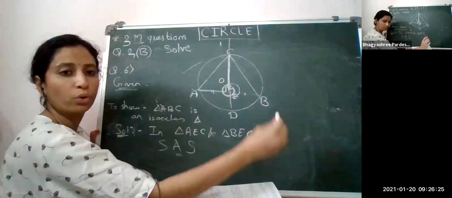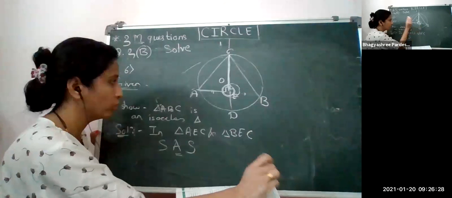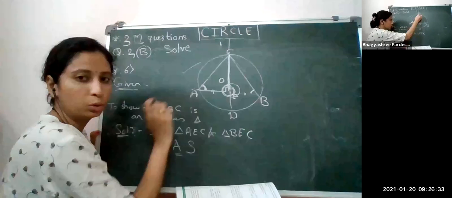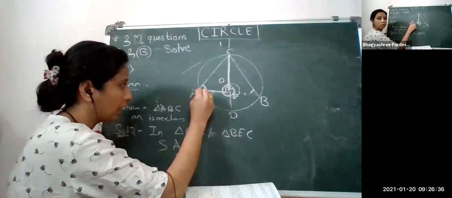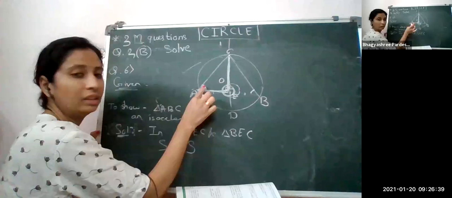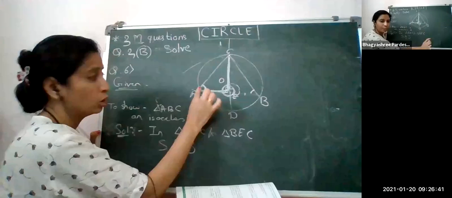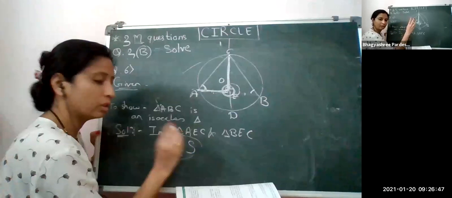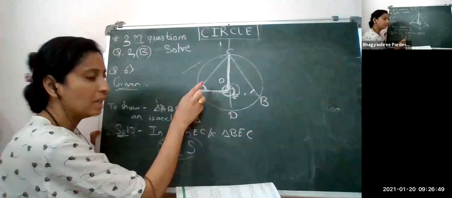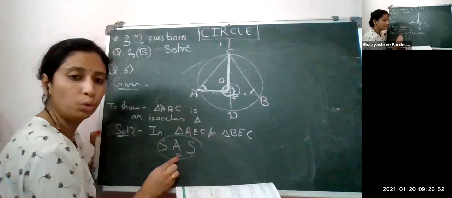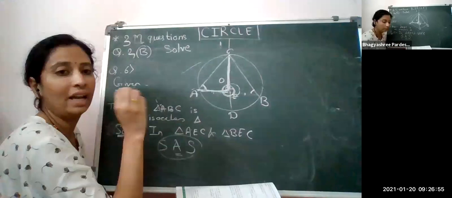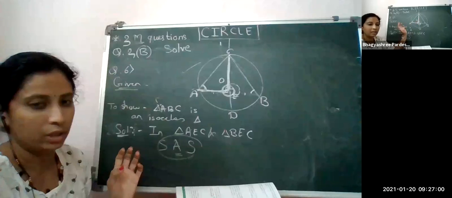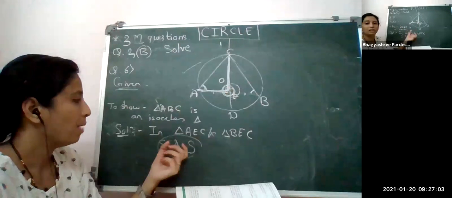But for your understanding, I'm saying one more thing. If you look properly, this angle is not lying between the two sides which we have shown equal. Therefore, I cannot use SAS directly. Obviously, this is two sides and one angle, but since the angle is not lying between the two sides, we can't say that this is the SAS test. The triangles would not be congruent according to this. But since it is lying at the center, by the test, I can say that these two are equal.